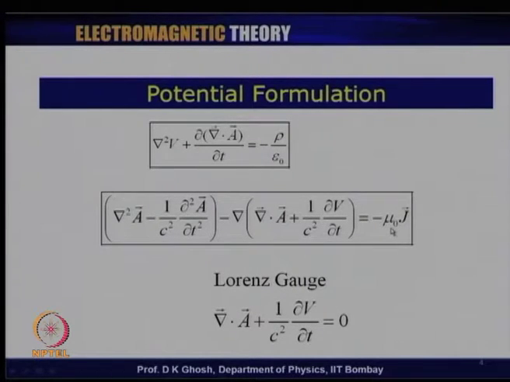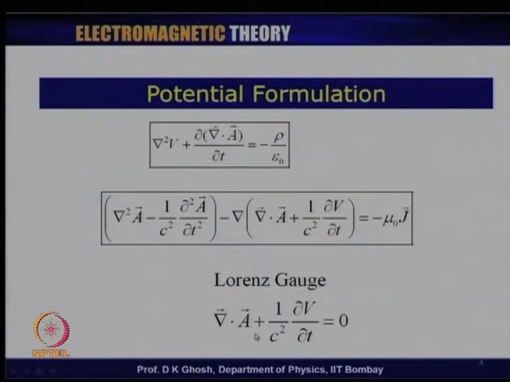So, we talked about what is called the Lorentz gauge, and in the Lorentz gauge we said that the relationship between A and V is that del dot of A plus 1 over c square dV by dt is equal to 0. We also found out that supposing this condition is not initially satisfied, we could always make a choice, that is A going to A plus a gradient, V going to V plus a constant, in such a way that this relationship becomes valid.